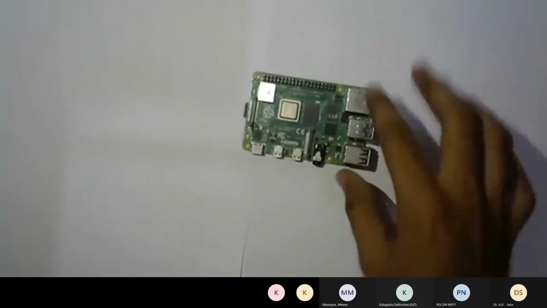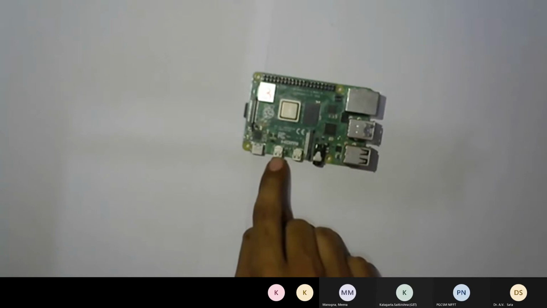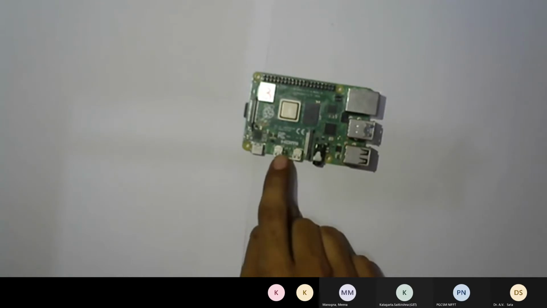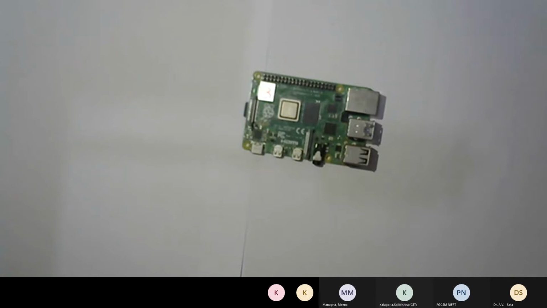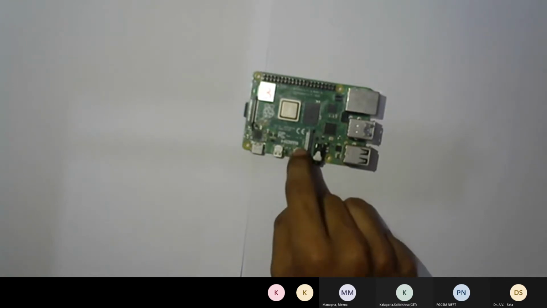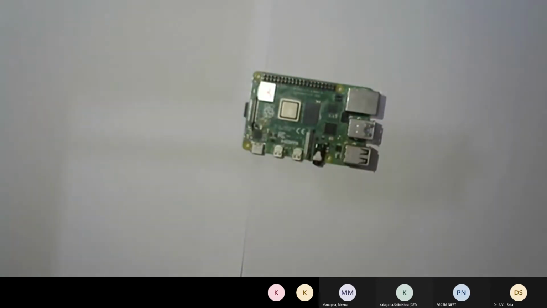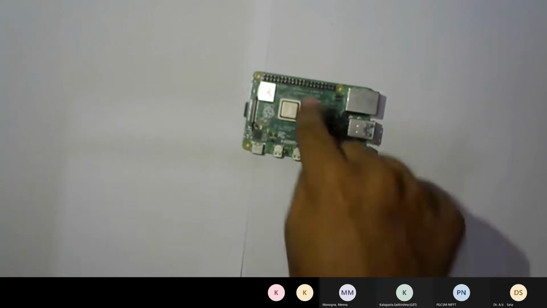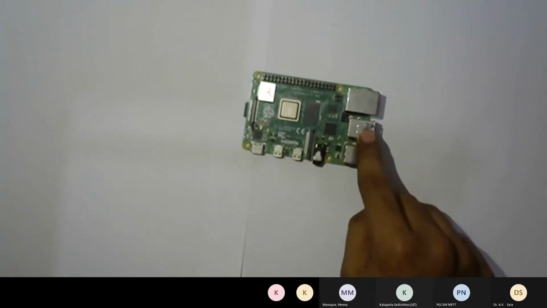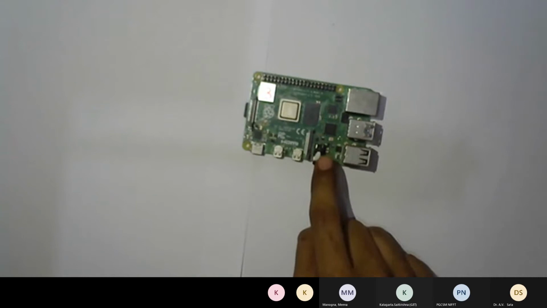Also, we can attach two displays with it. To attach a display with this, you will need an HDMI to micro HDMI port over there. Also, there are these 40 GPIO pins. I will show the 40 GPIO pins and introduce them while this processor is booting up in the later part. So basically, this is an overview of every connection that can be done: GPIO, Ethernet, USB, camera. Also, there is an audio jack.